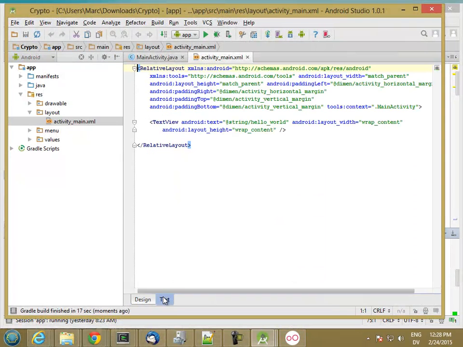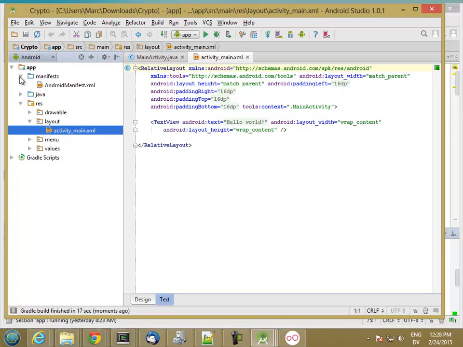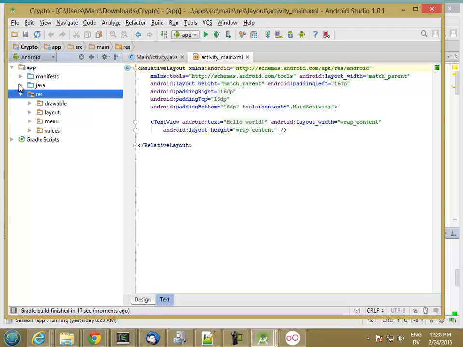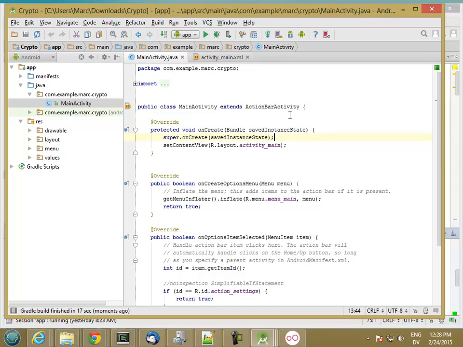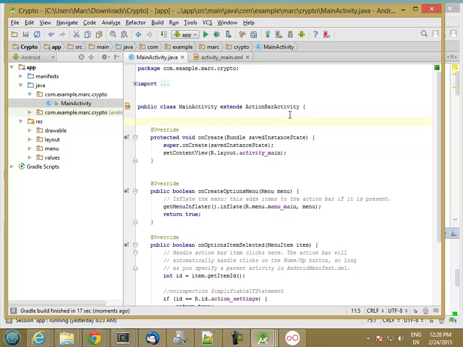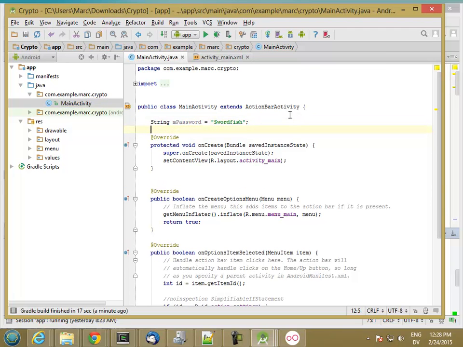Okay, so here's our project, and we can go to the Java code and go to the main activity. And in my main activity, I'm going to create a private string called mPassword, and I'm going to initialize it to the value swordfish. So the question is, is this safe? Is it safe to put my password as a member variable inside my main activity and initialize it? Well, let's find out. So I'm going to go ahead and run this app,